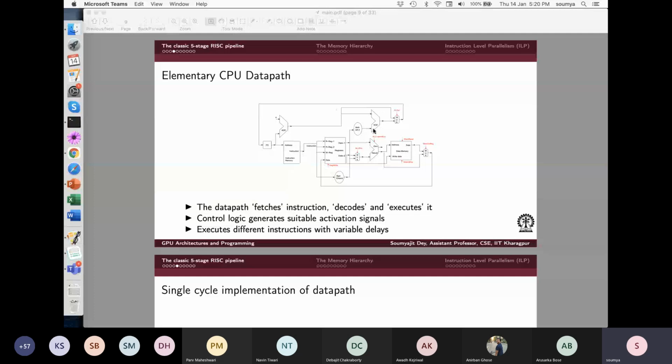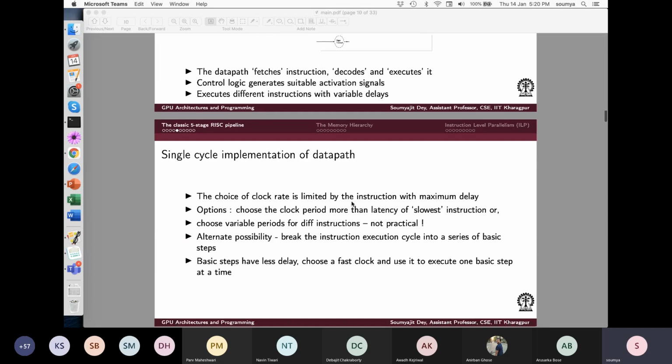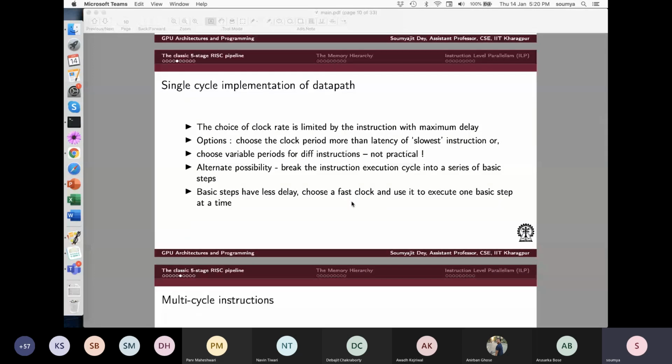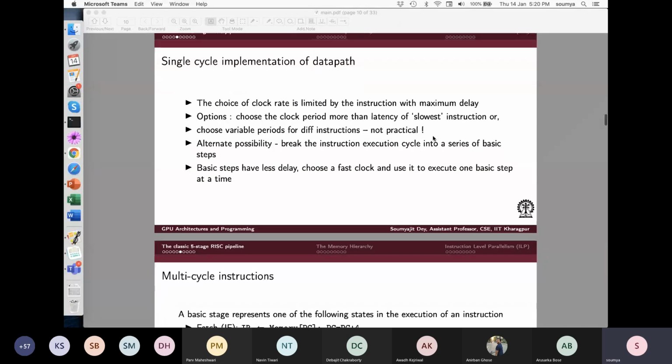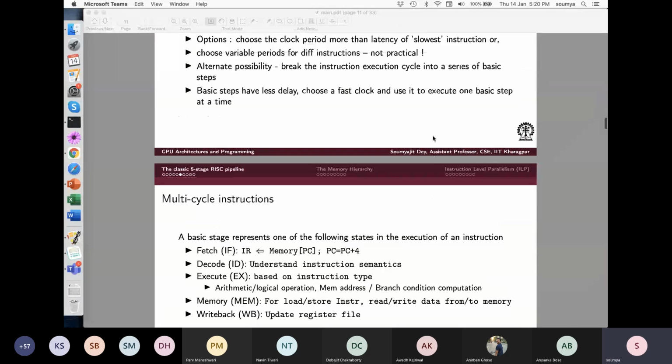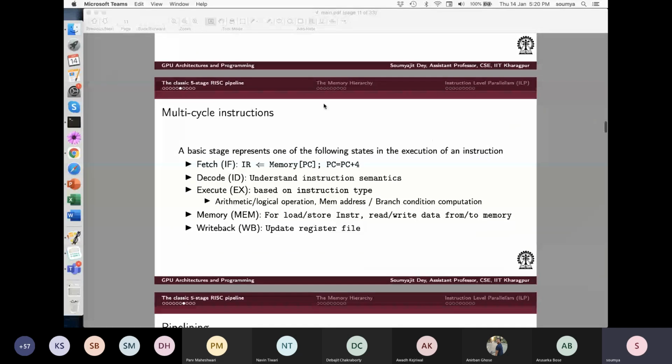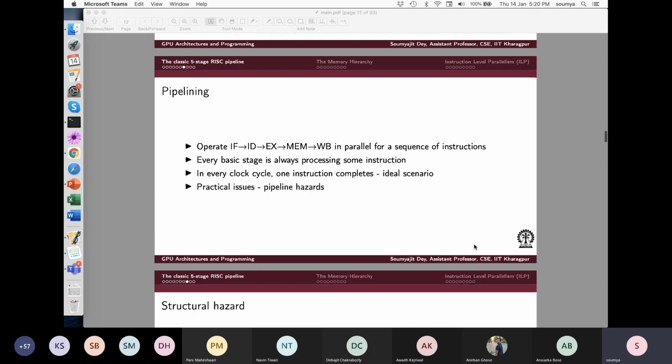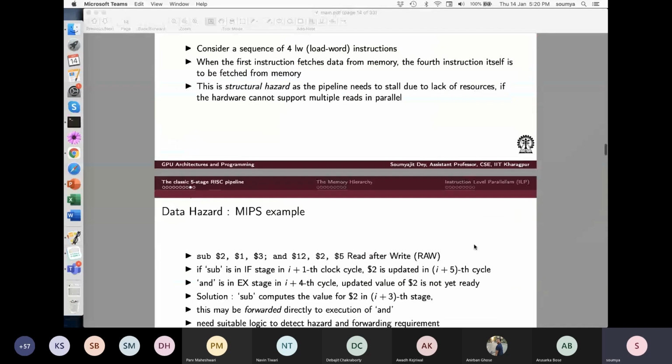Okay. So overall, as you can understand, the idea is, if I have a non-pipeline design, then always that data path will work assuming that whatever is executing will take the maximum time. But if I do a pipeline design, then it will act based on what is the operation. If there is a fast operation which will not take all the stages, it will finish quickly, like that, right? So that is how we arrive from single cycle instructions to multi-cycle instructions, which are executed in this kind of pipeline data paths, right? So that is the idea of pipelining.